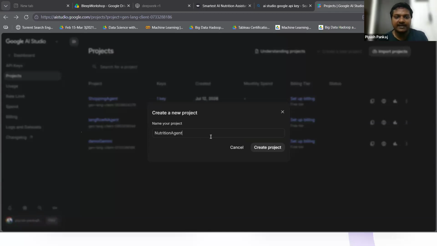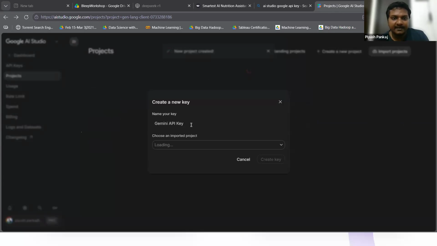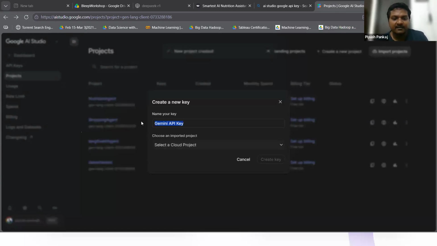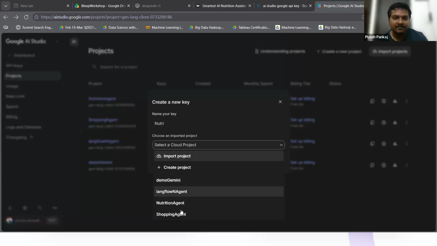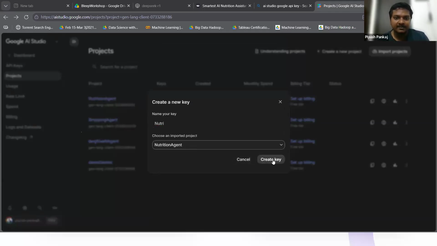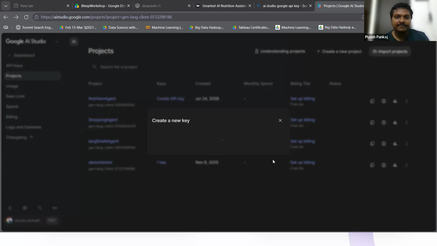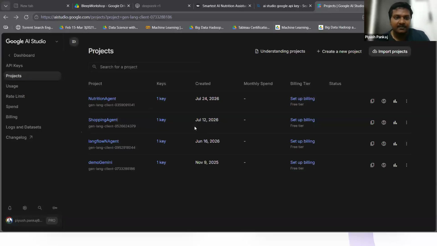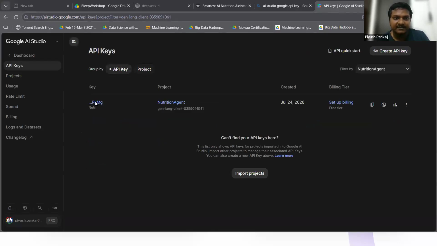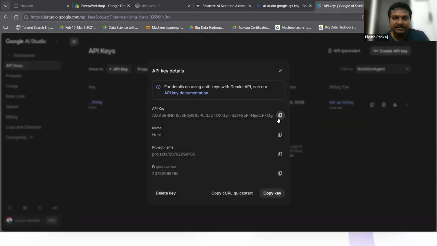agent. So what I used to do, I used to create one project in Google AI Studio, and in that project I used to grab one API key. Okay, now name the API key. Let's say I'm going to give it the name as nutrition agent. Create. Okay, and once it is created, this key, I'll copy this key